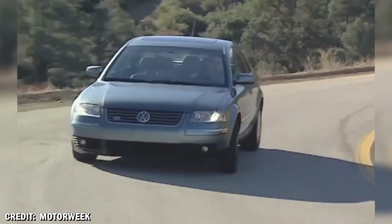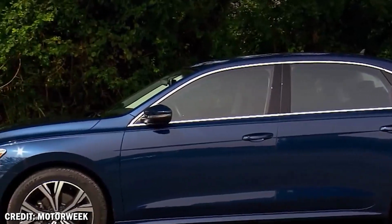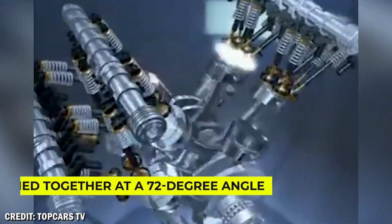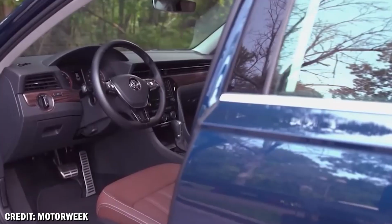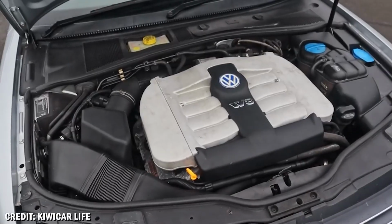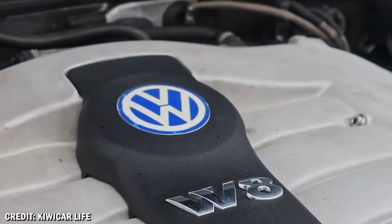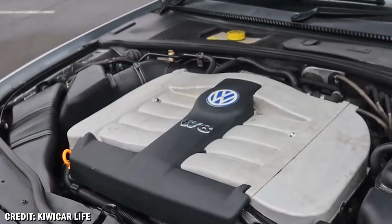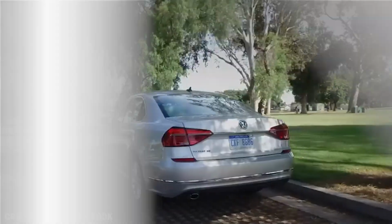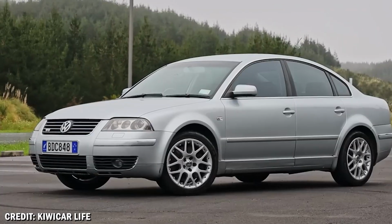No? Well, neither had most people, until Volkswagen decided to stuff one into what looked like your neighbor's everyday sedan. This wasn't just any engine. It was essentially two V4 engines joined together at a 72-degree angle, creating a compact powerhouse that produced 271 horsepower and 273 lb-ft of torque. The engineering behind it was so complex that each W8 engine took nearly twice as long to build as a regular VW engine. Meet the Volkswagen Passat W8, the automotive equivalent of finding out your quiet classmate is secretly a